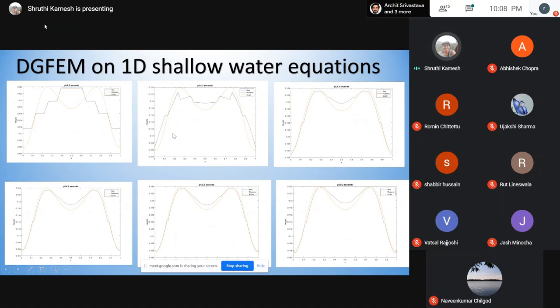And at p equals 1, it's slightly better. You can see the difference between p equals 0 and p equals 1, which is that you can see this linear variation of the solution across the element, and you see these discontinuities over there. So that is it. And p equals 2 is a quadratic variation across each element, and each of these peaks over there are the discontinuities, right? So you can see the values, and you can see slowly that it's getting closer to the exact solution as the order increases, and these